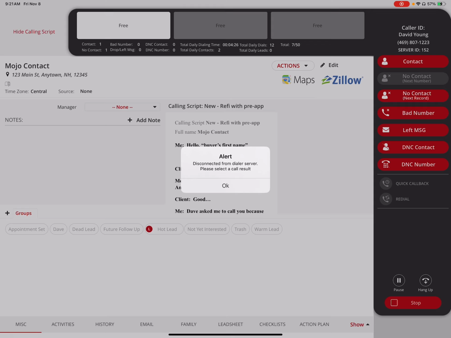We're going to go ahead, we're going to click stop, and there you go. That's Mojo in a nutshell. Easy, cheesy. We're going to click